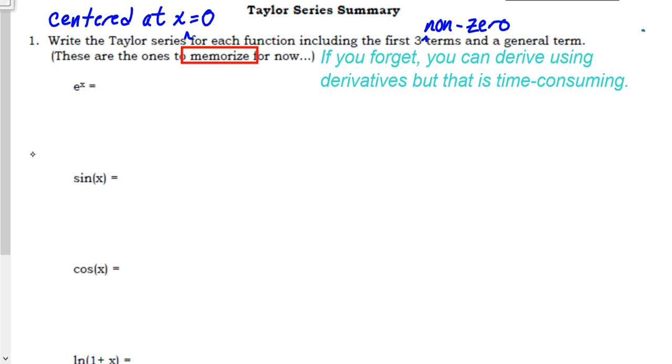Now, sometimes in AP created materials, they will write out 3 terms, dot, dot, dot. They'll have a generalized term and then dot, dot, dot. And then they'll have sigma notation. I personally find it easiest to write out the first 3 terms, and ignore the idea of writing a general term